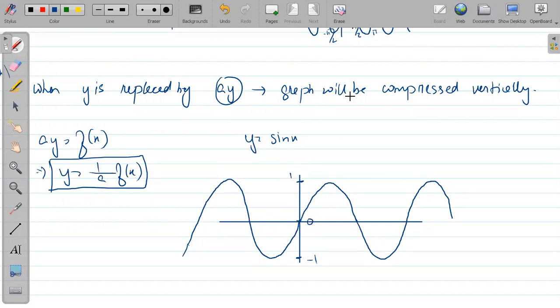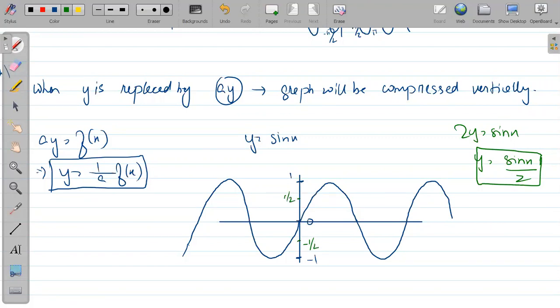Okay. And whenever you require to draw the graph of 2y equal to sin x, y is replaced by this 2y. So y is basically sin x by 2. So the amplitude has been halved. What is the maximum value of this part? Earlier it was from minus 1 to 1, so 1 is divided by 2. The maximum value will be half and the minimum value will be minus half. So the next graph you get will look like this.